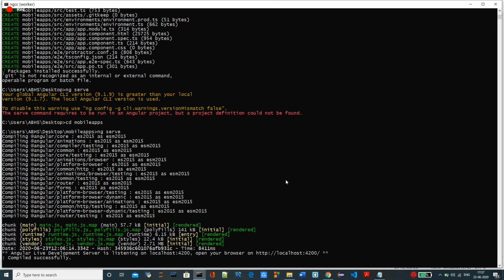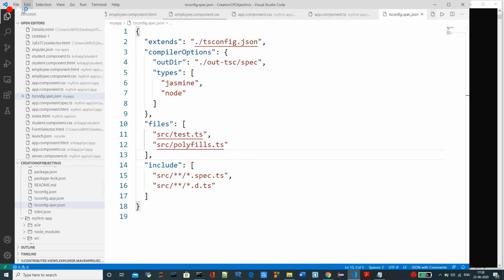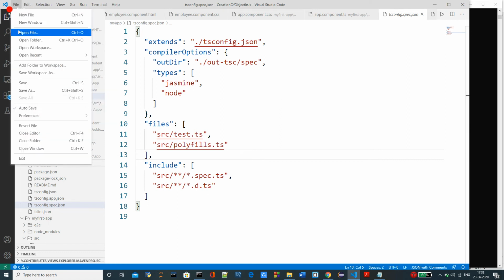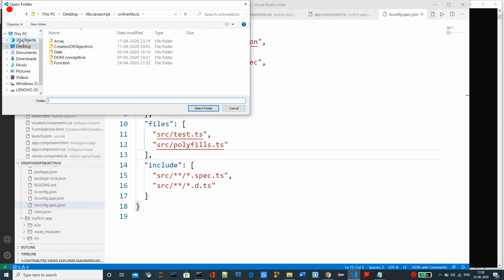So now if you want to open this Angular project, you need to go to Visual Studio Code or any editor. I'll go to my Visual Studio Code, and I will open that project from here, which we have just created.